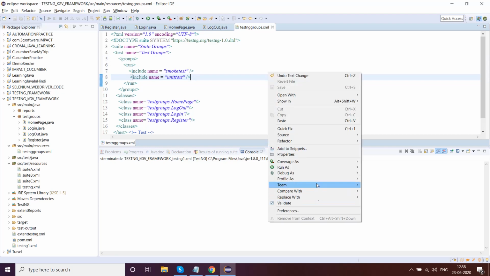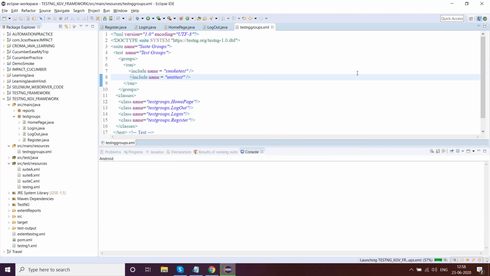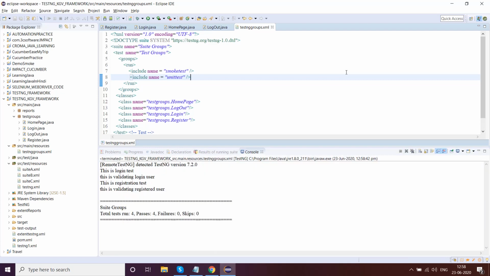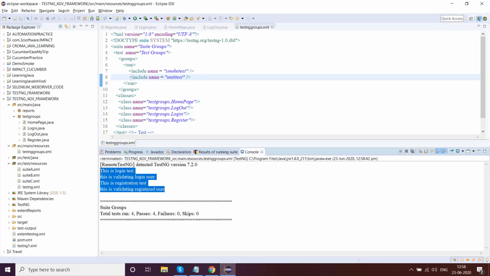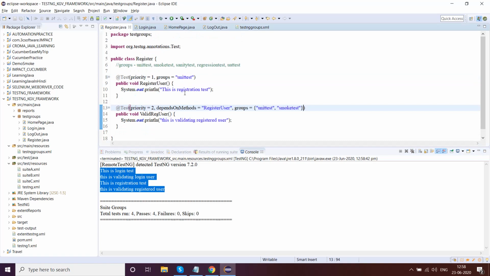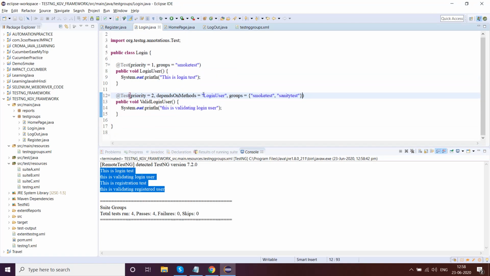Now let's go ahead, right click, run as TestNG suite. So you see, these are the test cases that got passed because of the involvement of smoke test and unit test. Whichever groups it has, those cases will get executed.